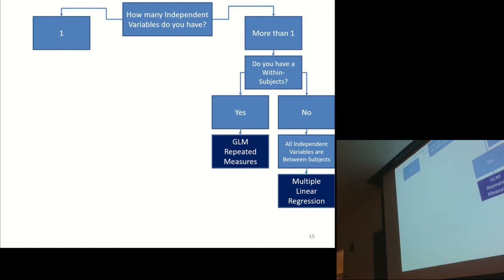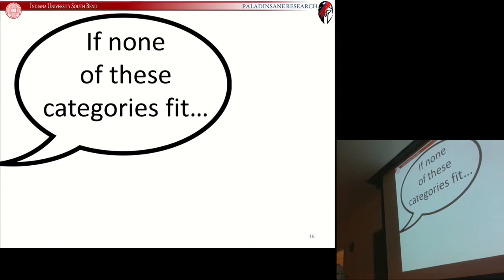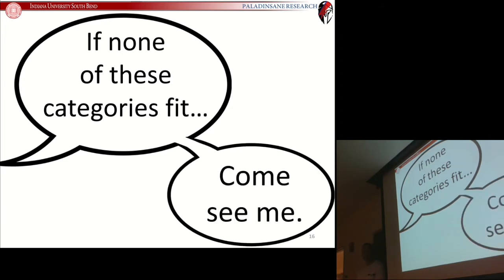All right, so hopefully, and from what I've been reading, most of you will fall into one of those categories. If you're going through all of those decision trees and none of those actually fit the data that you've been looking at, then just come and see me and we'll figure out what bizarro statistical analysis you would need to do. But this should cover, I'm hoping, about 95, 96, 97% of cases. So I'm hoping everybody will probably be somewhere on those.